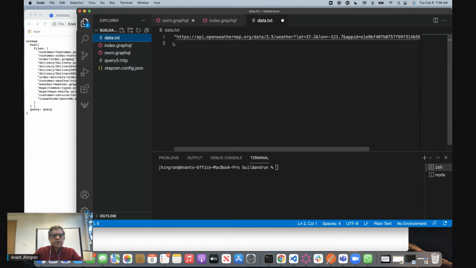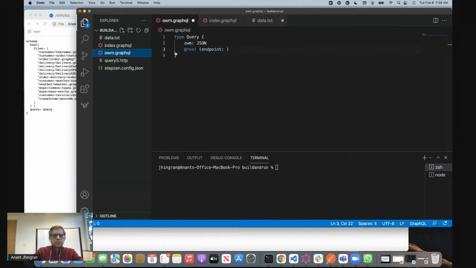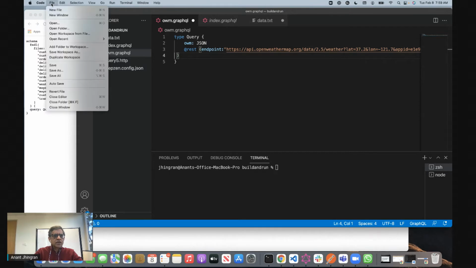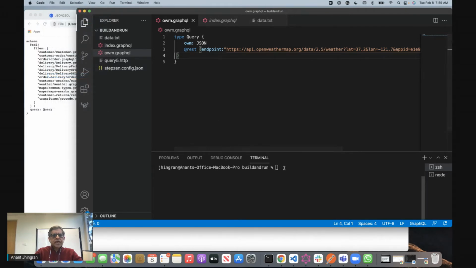And just to make sure that I get it right, I put it there, and that's it. So I have created a GraphQL query that is telling StepZen to call this endpoint, obviously with all the constants and all that stuff, which we'll take care of later on. And let's save this file, and then let's go and execute